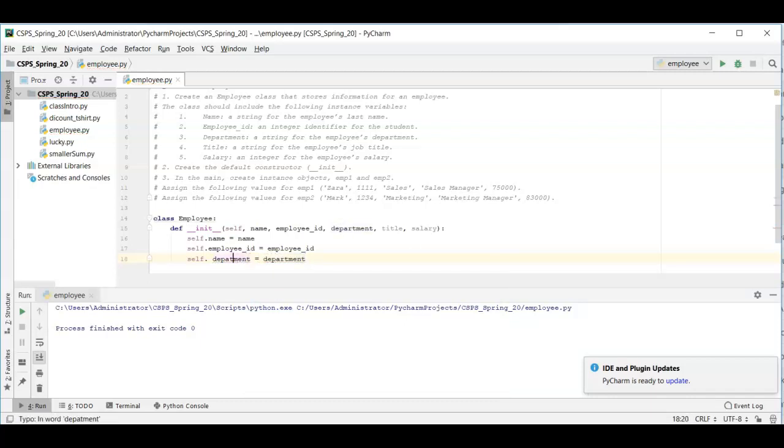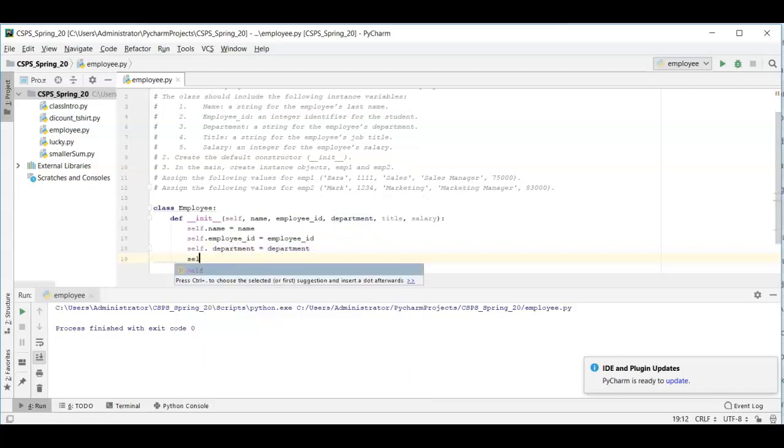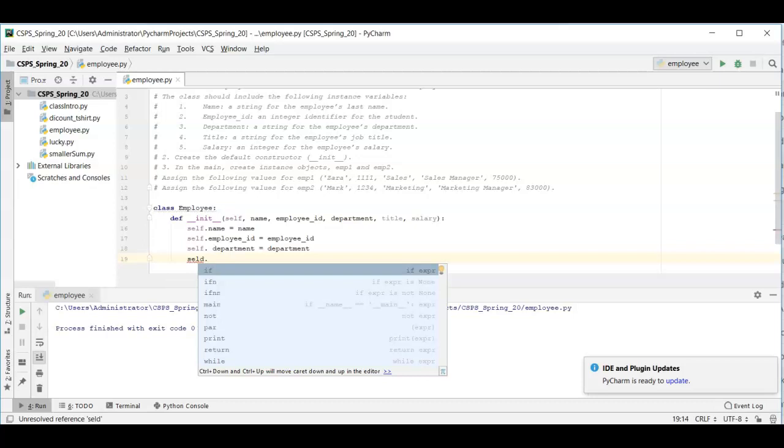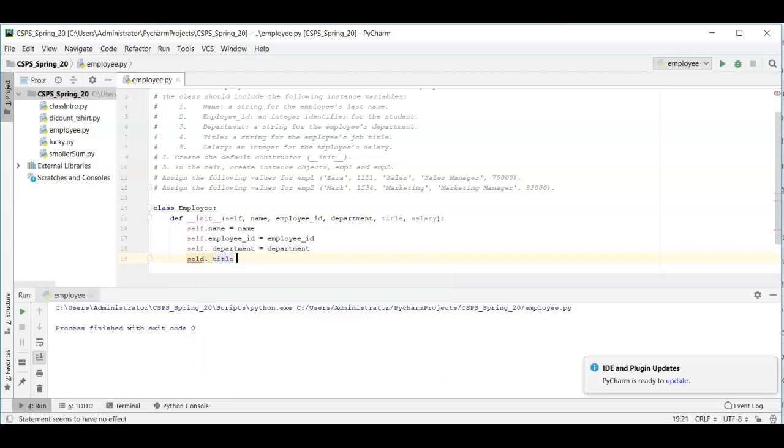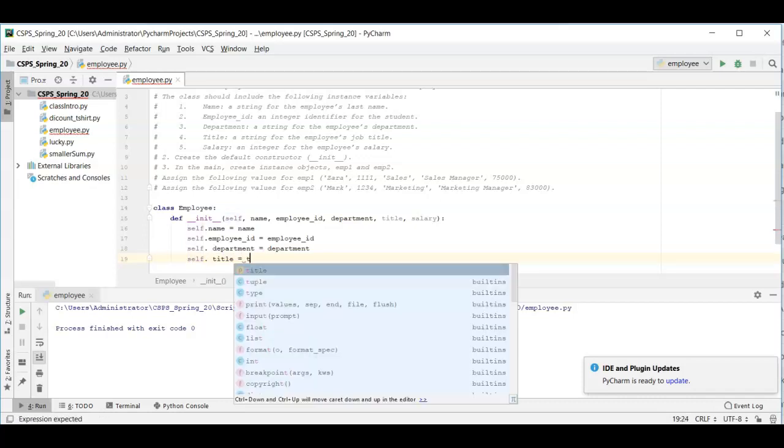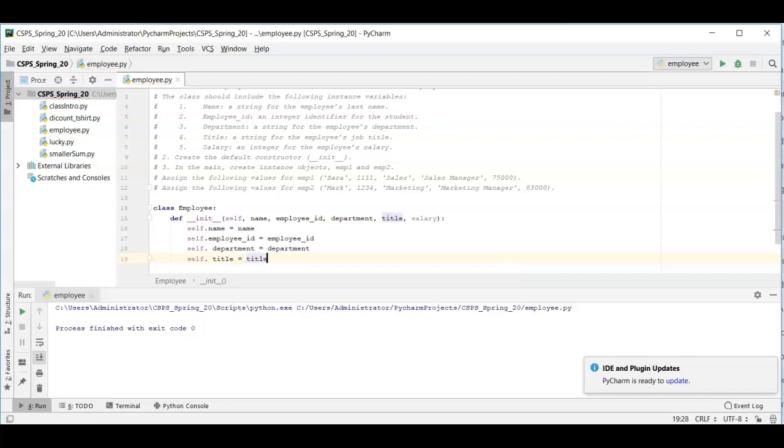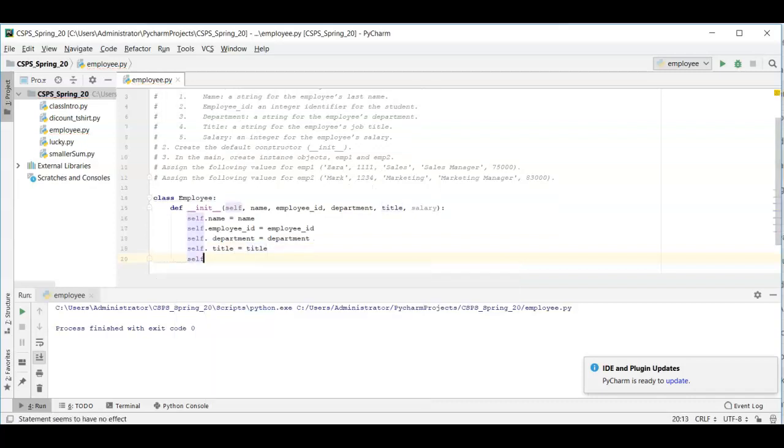I'm missing the R over here. Okay, and then self.title. Sorry, self.title is going to be equal to title. And then I have self.salary, and this one is going to be equal to salary. Okay, in this part, I'm done right now